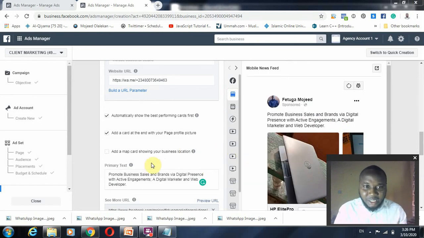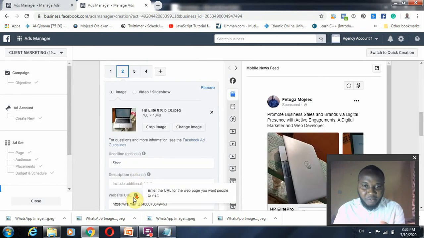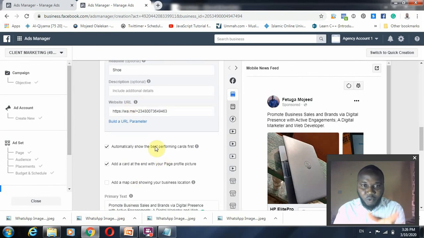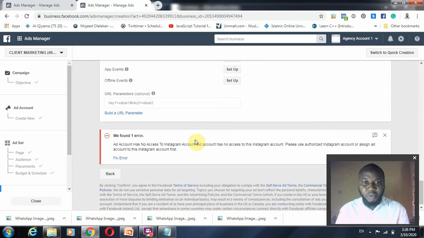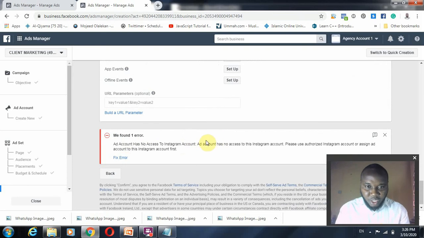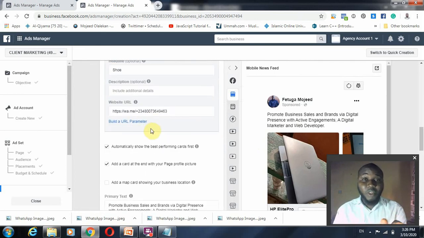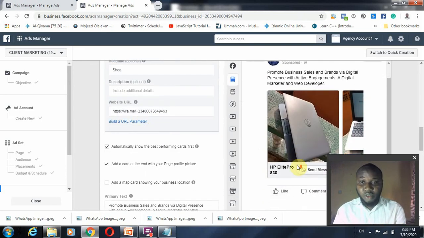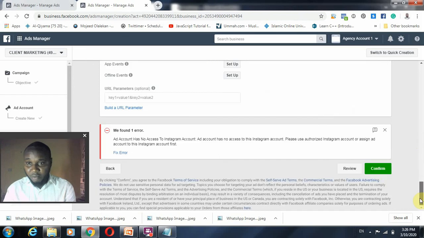It is easy to set it up, and you just need to work on your images and give the description of each image to what you really want it to be. And once you are through with that, you just need to come to this bottom, probably